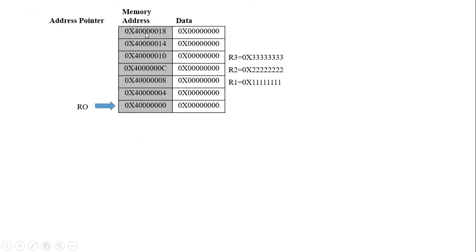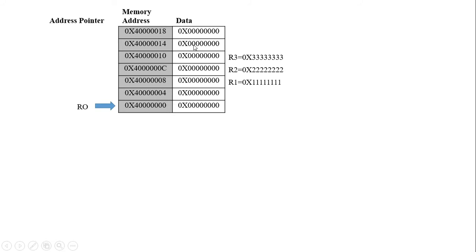So here, generally, I consider the memory address. I start with the memory address 0x40000000. Then the next memory location is pointed as 40000004. Why? Because we have 32-bit data in the registers that we are storing into the memory location. With respect to 32-bit data, in each memory location only a byte of data will be loaded. So how many bytes of data are in 32 bits? Total 4 bytes. That is the reason 4 is incremented for each memory location.